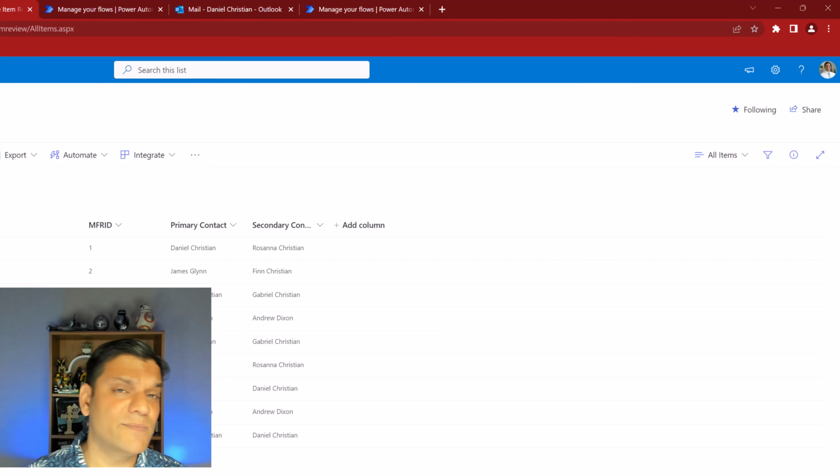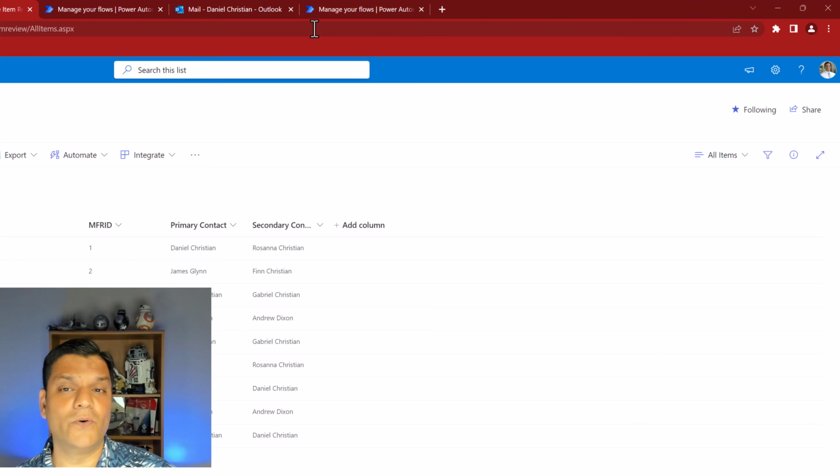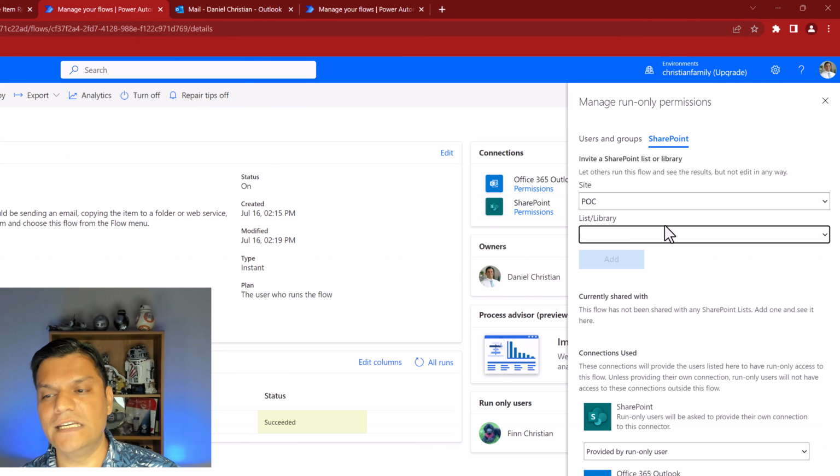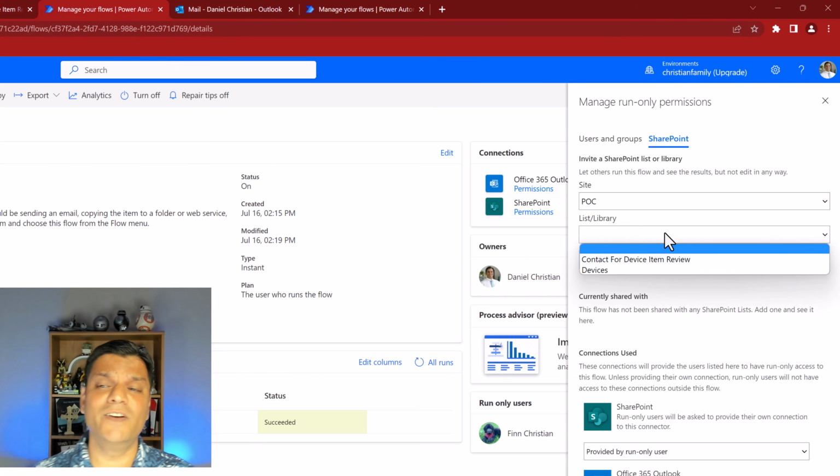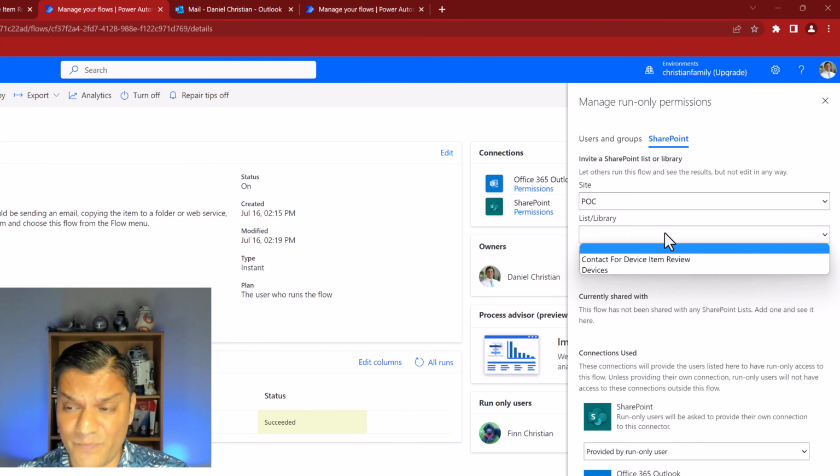Because there were two types of lists tied and built inside the flow actions, that is why you actually see the two lists over here. So I really love it because they've kind of, for lack of a better term, dumbed it down for us so that now we don't make a mistake. Now, granted, we just have to be a little smart to figure out which is the list that we need